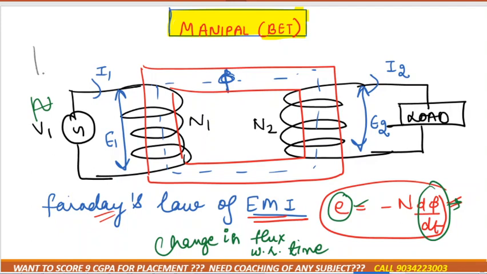Okay. So instead of an AC supply, if we supply DC, then flux will also be produced as a constant, and if the flux is constant, then in that case EMF will not be induced. That's why we always say that a transformer never works on DC, it always works on AC. Clear? Okay. Now